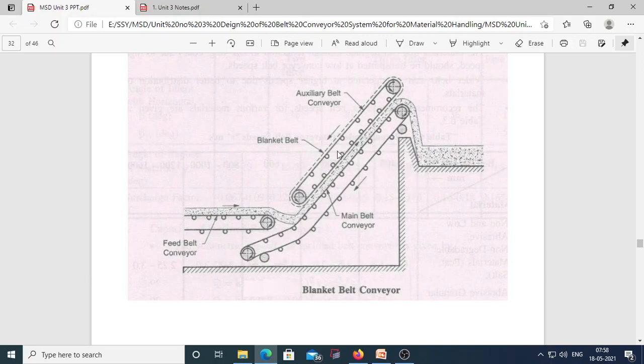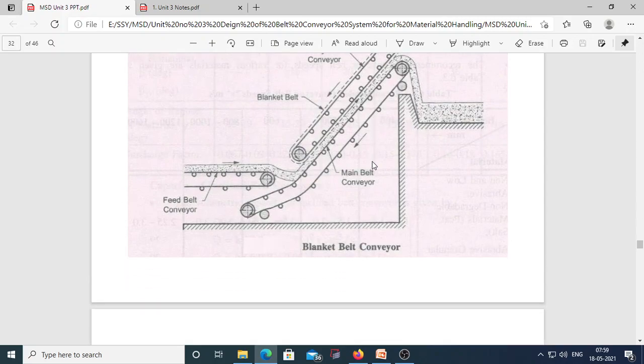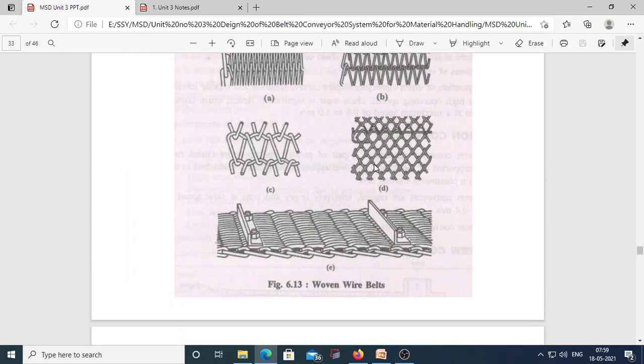Okay, what is the limitation or disadvantage of the blanket belt conveyor? The blanket belt conveyor has a very low volume carrying capacity. Okay, this is the disadvantage or limitation. Are all of you getting it? Then the next one is the